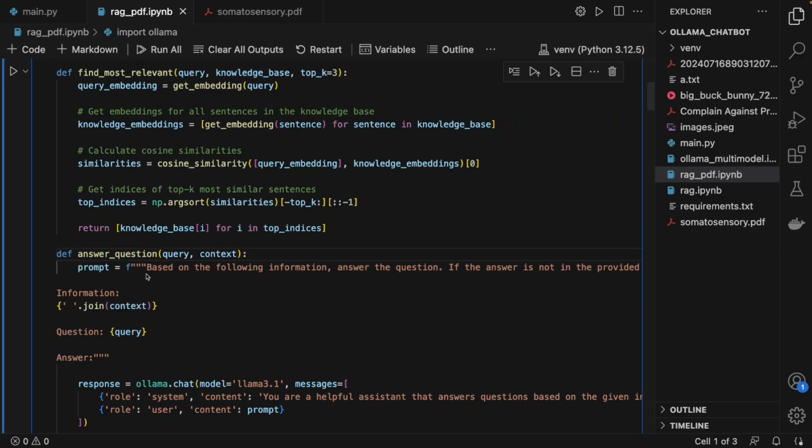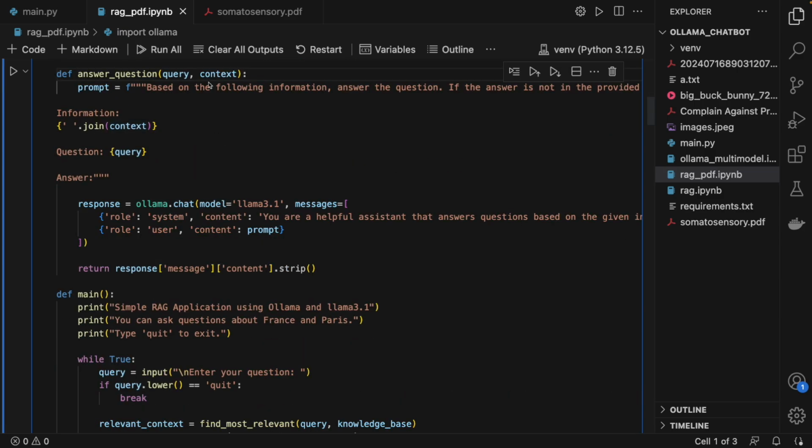In this function, the chatbot function of Llama is defined, where you are invoking ollama.chat and the model is Llama 3.1. In the messages you have told it that you are a helpful assistant, and you have to answer the questions based on the prompt that you get from above.